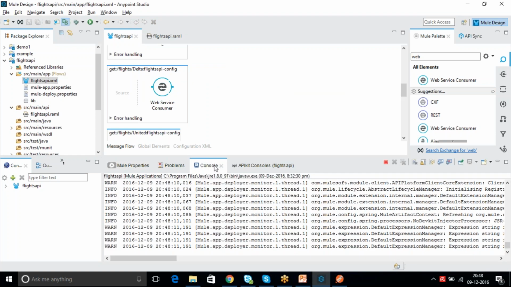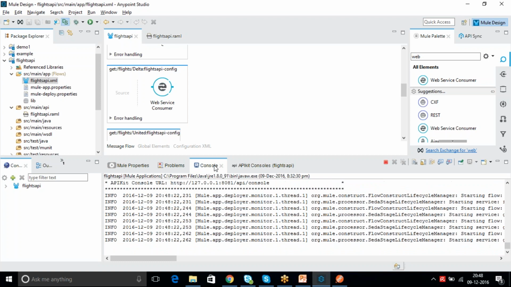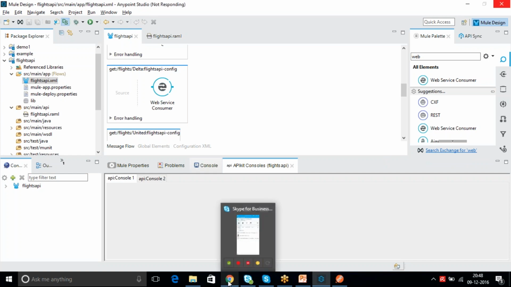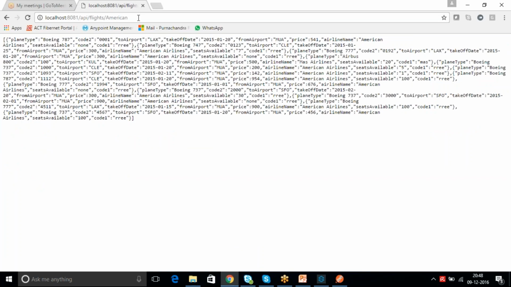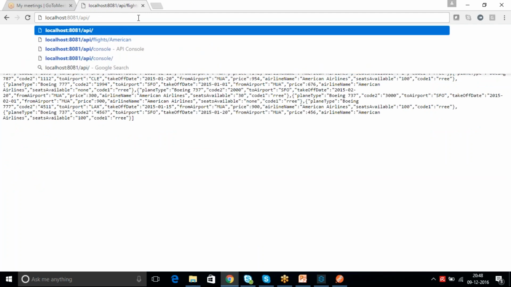Go to the console. It starts building your application and it will redeploy. As I said, you can use any way, the browser or console or anything, to test the application.